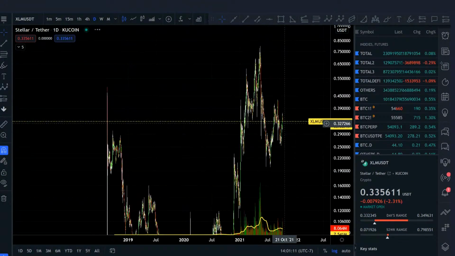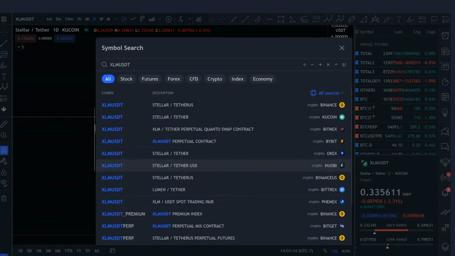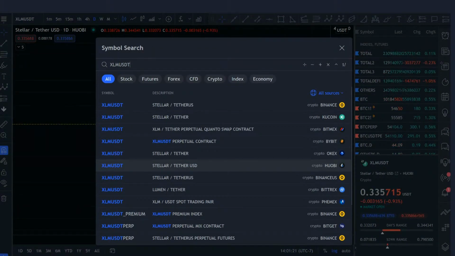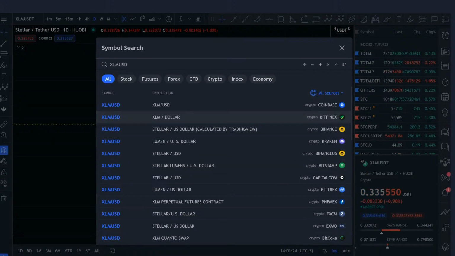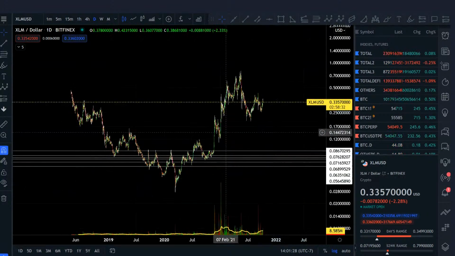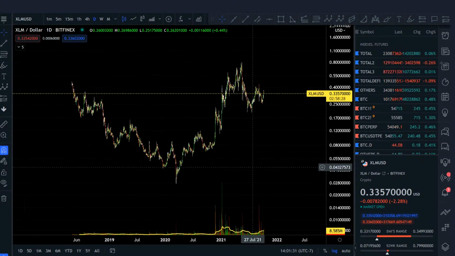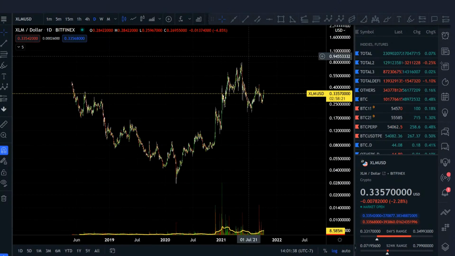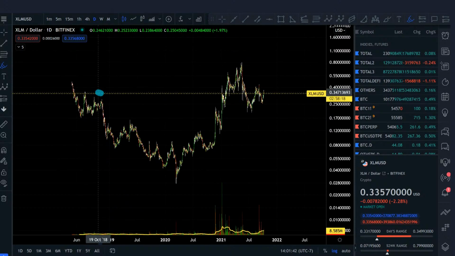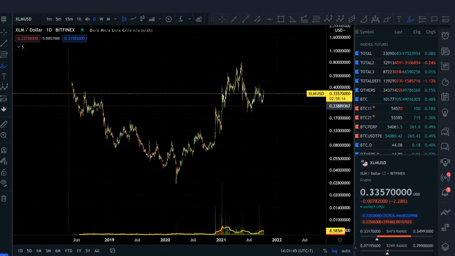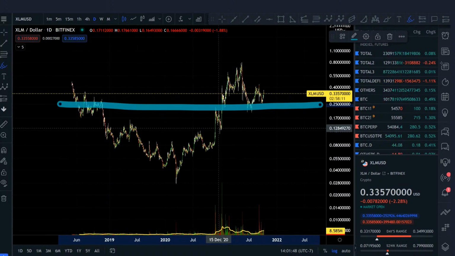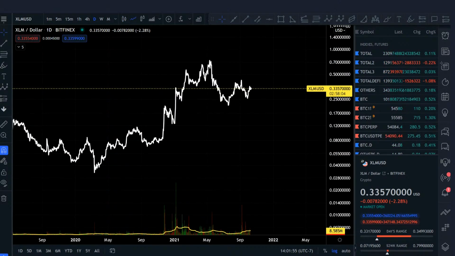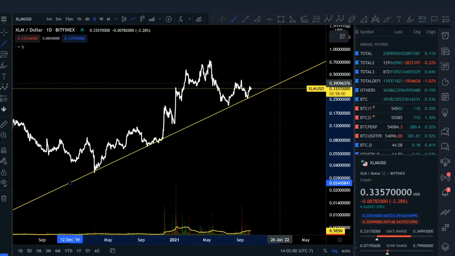Let me use something that has way more data, like KuCoin or another one. Is there Bitfinex? Okay, that one's fine. So we're looking at 3 years of data now. So now you understand why we're getting stuck here, is because this is not the beginning of Stellar, but now you see there was more resistance and support levels crossing over like that. So it's important to zoom out instead of just doing this like that. What I keep doing is at a certain point, depending on your time frame, to get the much longer term trend line on an extended